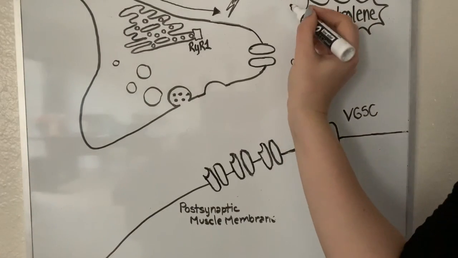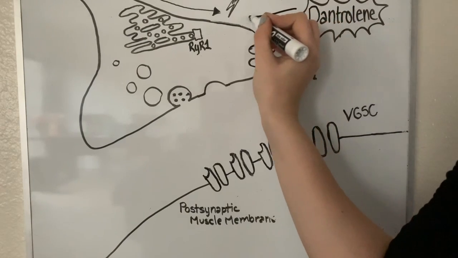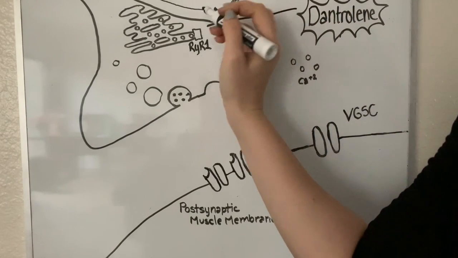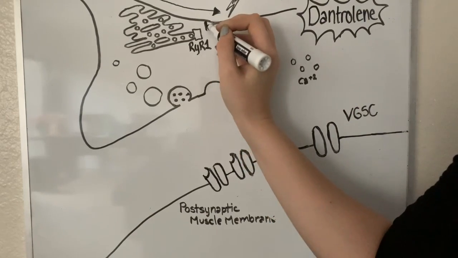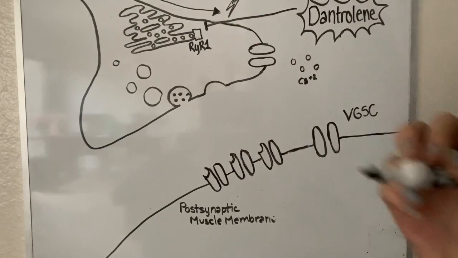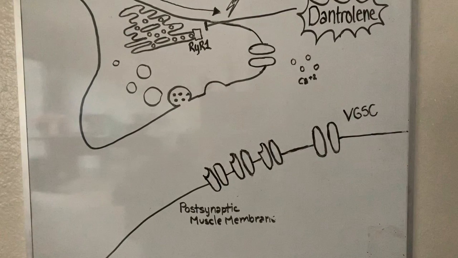Studies have shown that there are also intracellular calcium stores in the presynaptic terminal. The endoplasmic reticulum functions as a calcium storage unit, similar to the sarcoplasmic reticulum in the muscle cell. The endoplasmic reticulum also contains ryanodine receptors that allow calcium to flow into the cytosol. When an action potential reaches the presynaptic terminal, these ryanodine receptors open up to allow calcium to flow into the cytosol of the presynaptic terminal, which helps trigger exocytosis of vesicles containing acetylcholine.